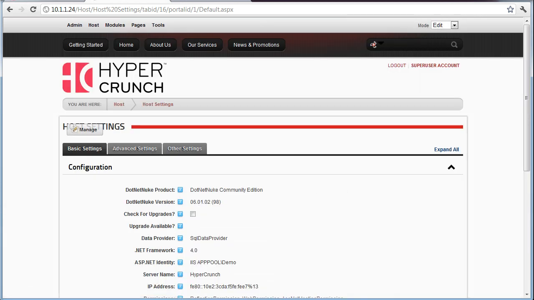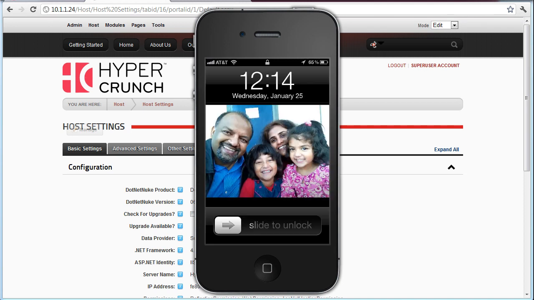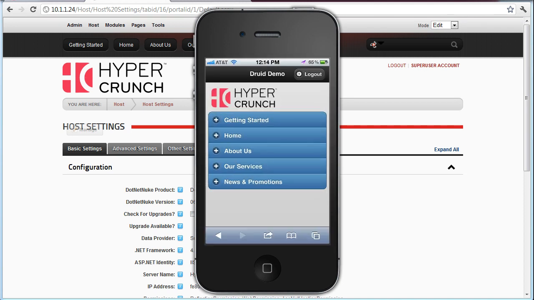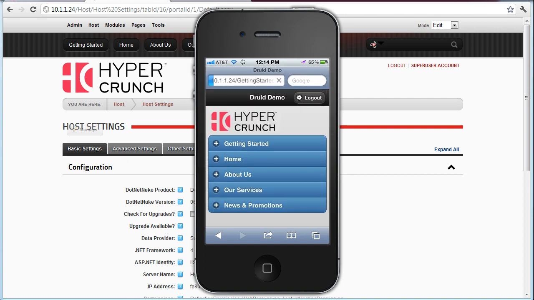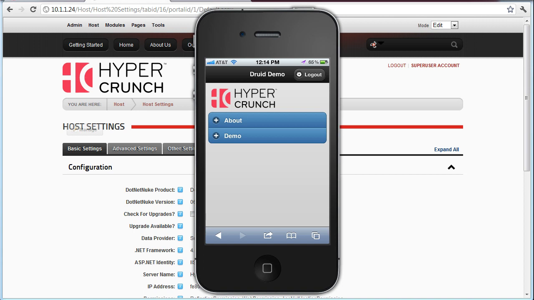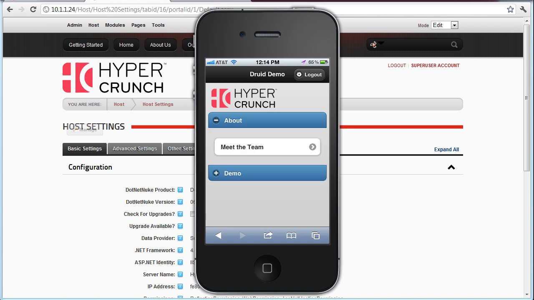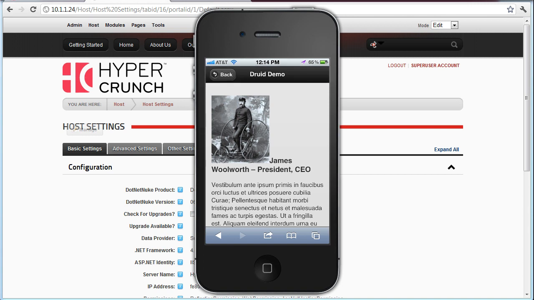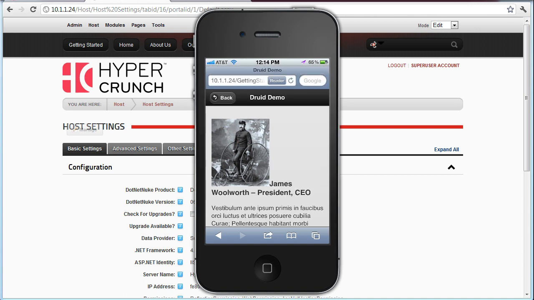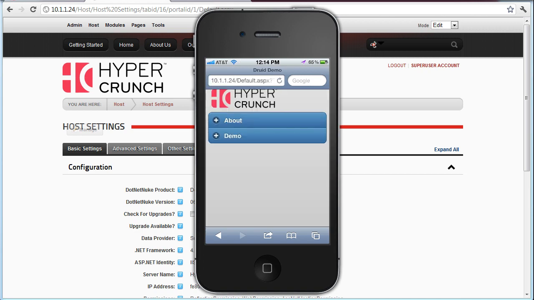And in order to see that, we'll go back to our mobile phone, and here I still have the browser open with what I had before. Let me go ahead and refresh the page now, and you can see that the layout of the site has now changed. I have two pages versus the automatically generated hierarchy of the site, and if I expand it, you can see that I have the module that I had selected and tagged, and the same applies for the other page. If I go to demo,